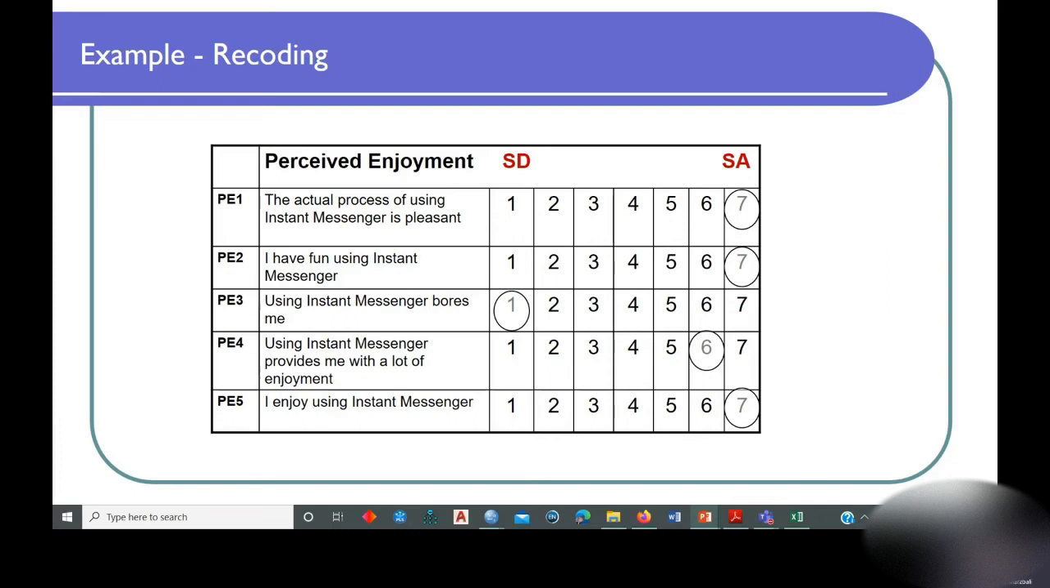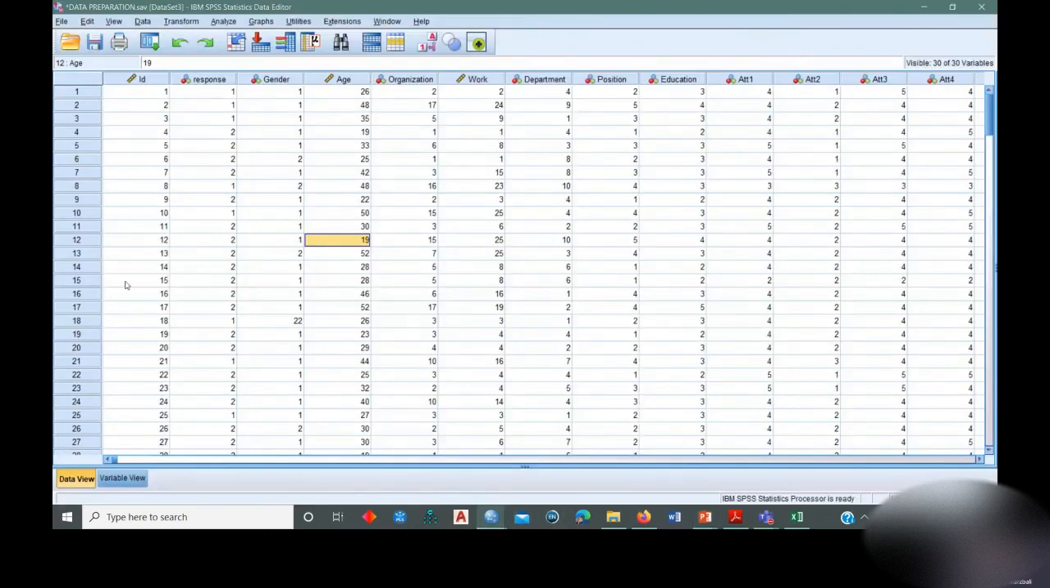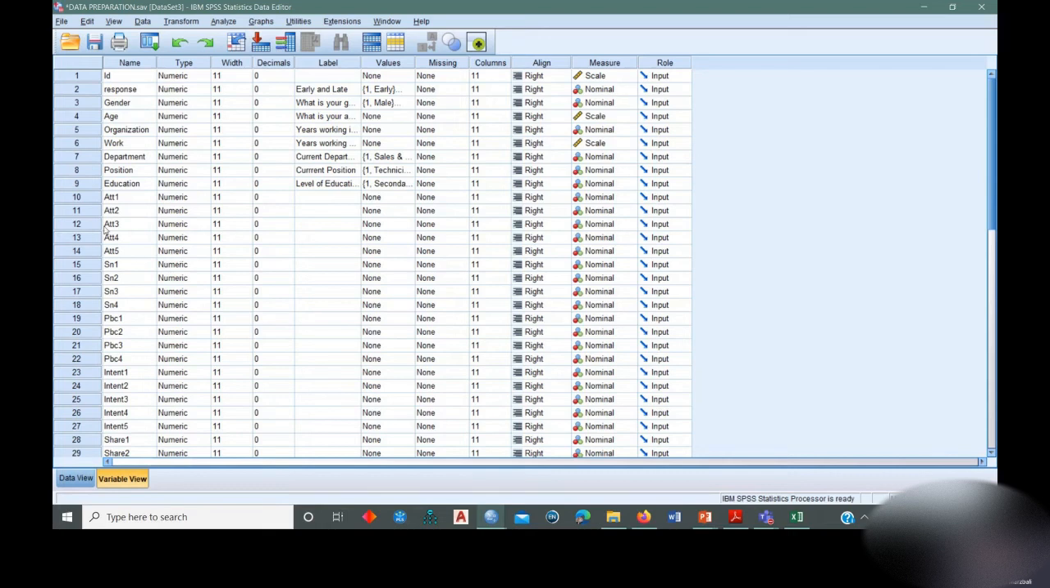It's like that. So in this case, we need to recode this item. How we can do that? Okay, let's go back to data preparation. Okay, for example, just think like this. Okay, attitude number 3 is a negative item, and we want to